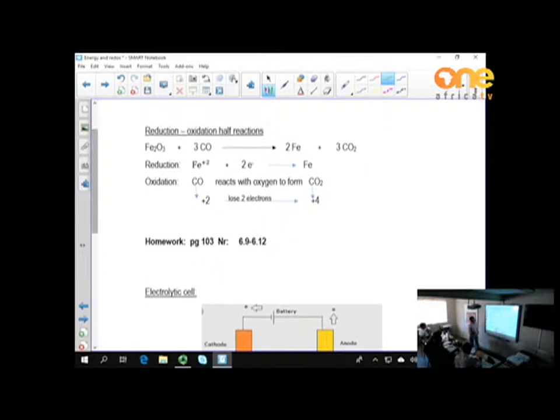Reduction, oxidation half reactions. Iron oxide reacts with carbon monoxide to form iron and carbon dioxide. Look what happens. What is the reduction reaction? In other words, that's the oxidizing agent. The iron 2 gains 2 electrons to form iron. The oxidation reaction, in other words, that's the reducing agent, goes from carbon monoxide, it loses 2 electrons, and it forms carbon